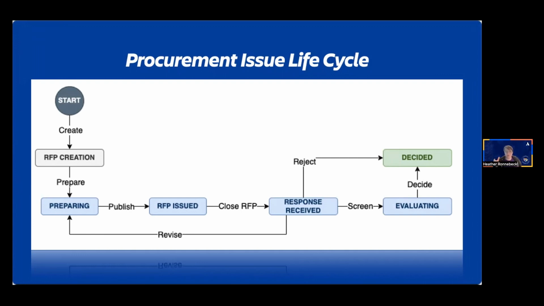And then one of two things is going to start happening here. If all of the requirements are met, it will transition the subtask to evaluating. However, if they're not met, then it's going to start transitioning the subtask to decided. Now, that automation we created: if we transition the ticket from response received to decided, it's going to update and add the declined label to the ticket. In this case, it'll be the subtask that will get that update. And then from here, all we have left are all the different subtasks that are open in response received. Oh, my apologies, I said evaluating.